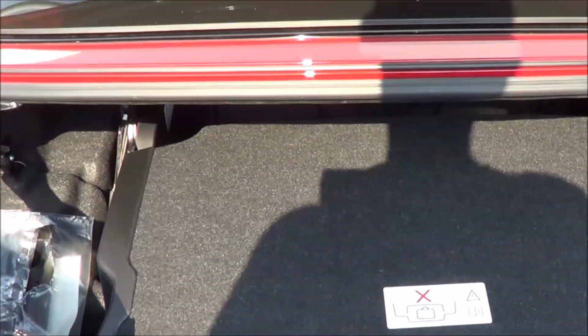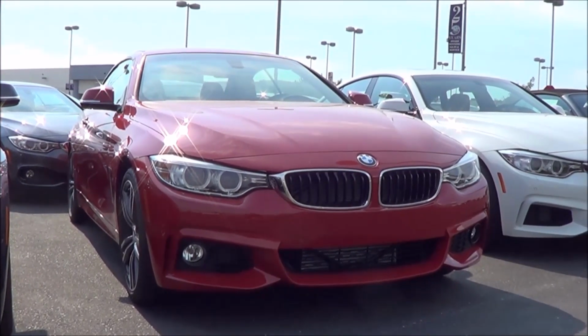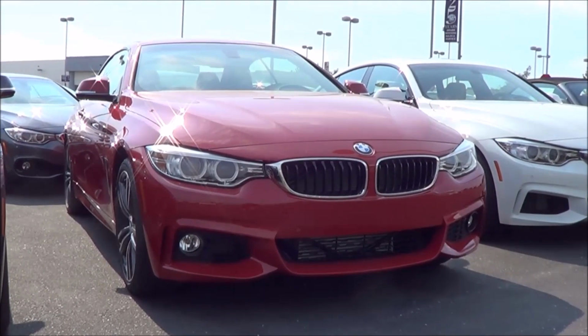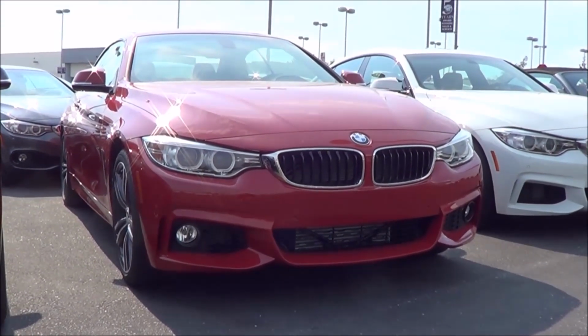Now, so with its smooth and comfortable ride, powerful yet very fuel efficient engines, as well as a very upscale and high quality interior with many straightforward controls, the 2016 BMW 4 Series convertible is a pretty good choice for an